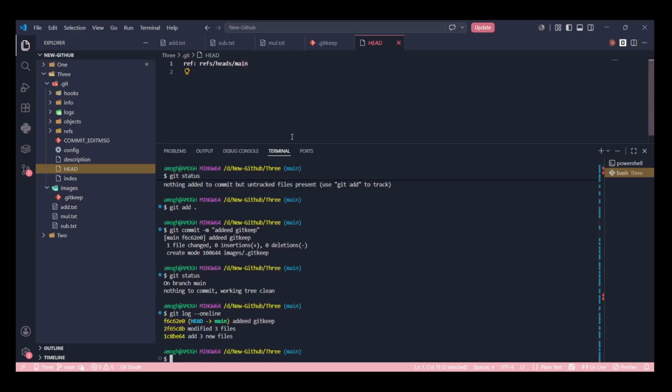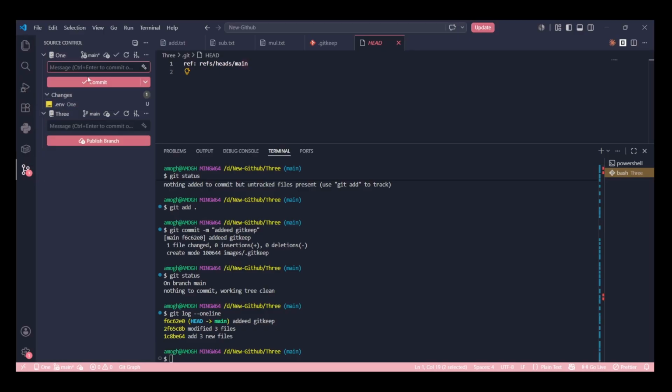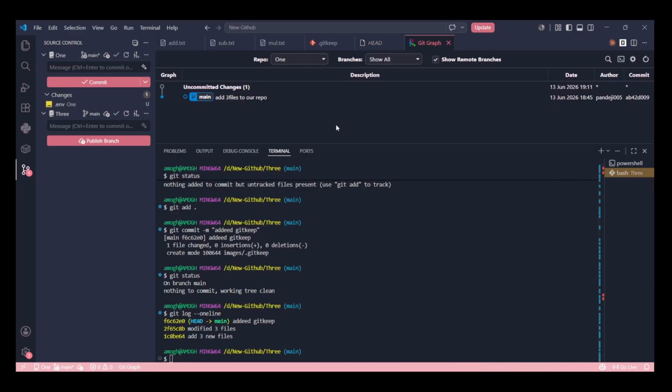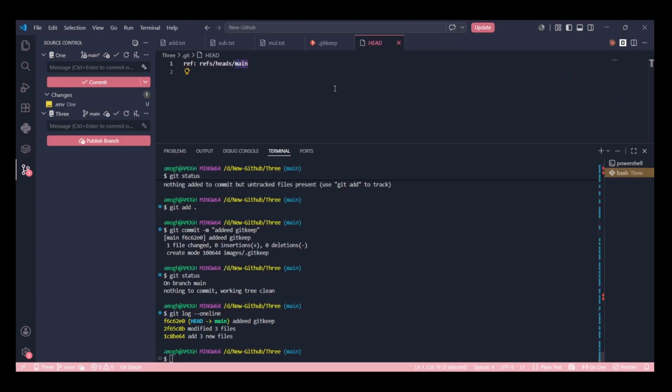There is an easy way to demonstrate this. Now there is a thing called git graph. Not now, I'll say it during the branches topic. See, there are 3 commits. These are on top of each other. I just cannot go back and remove this commit. If I need to remove this commit, I need to remove this commit also. So HEAD is a pointer. Now we have only one branch.